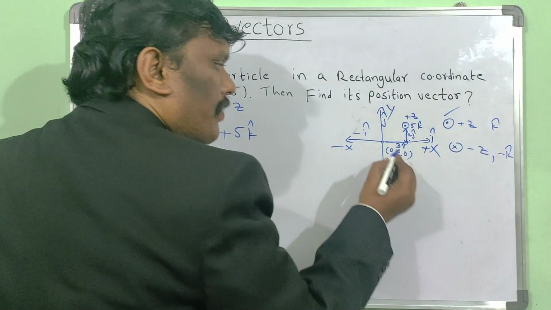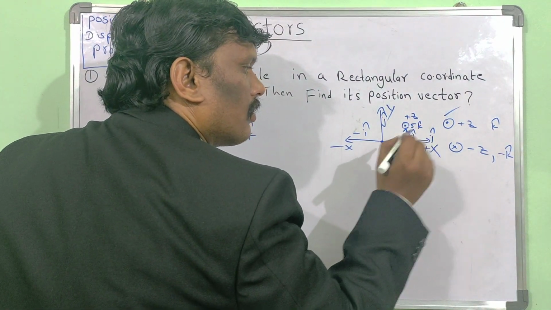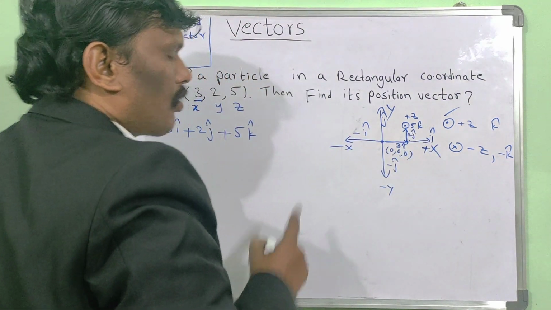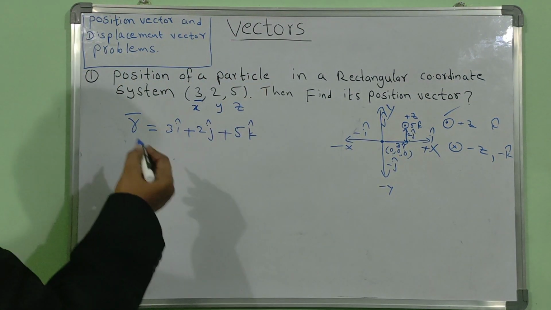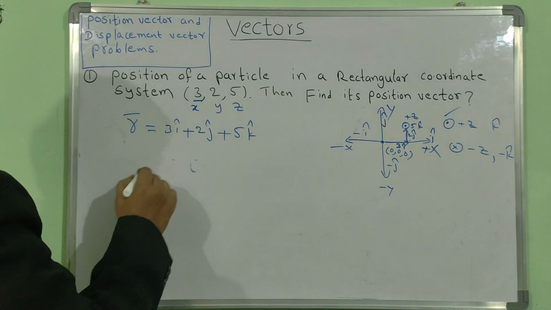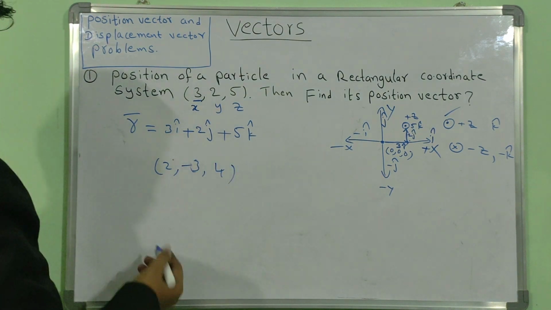Then how to draw the position vector? From the origin to that point, like this. That is the position vector. Okay, so generally, suppose any position of the particle is 2 comma minus 3 comma 4, we are going to write simply